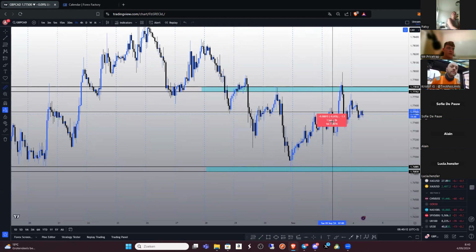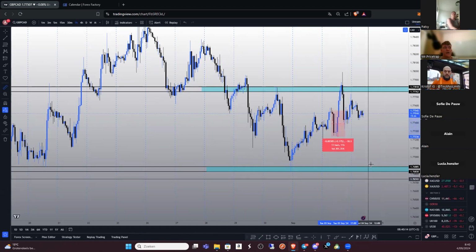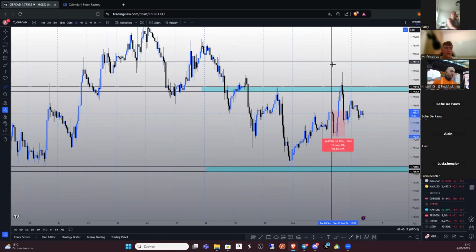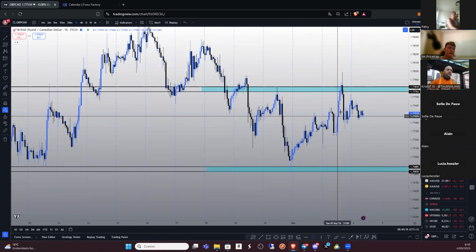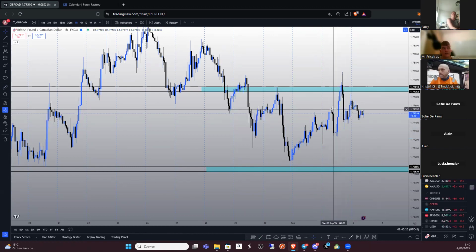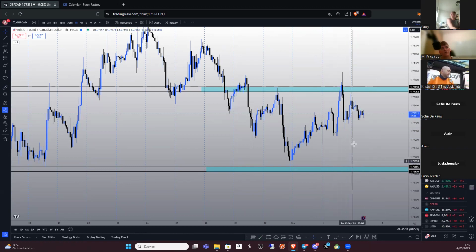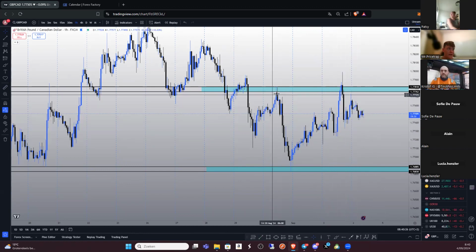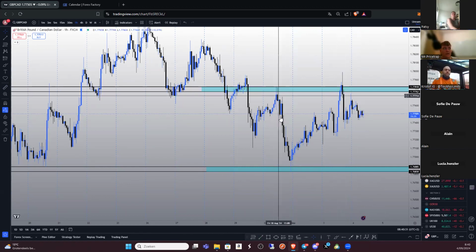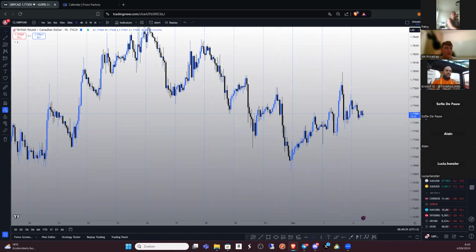My entry was around this point, and we had like a 30 pip drop, and then the market shot up. Okay, so should be risk free on this idea, or maybe a take profit, depends on the size of your stop loss. For me, it was just a stop profit. And then, of course, the other orders, yeah, I had some small lots still running from this sell here, also hit break even. Okay, so I'm going to delete this one and move on to the next one.